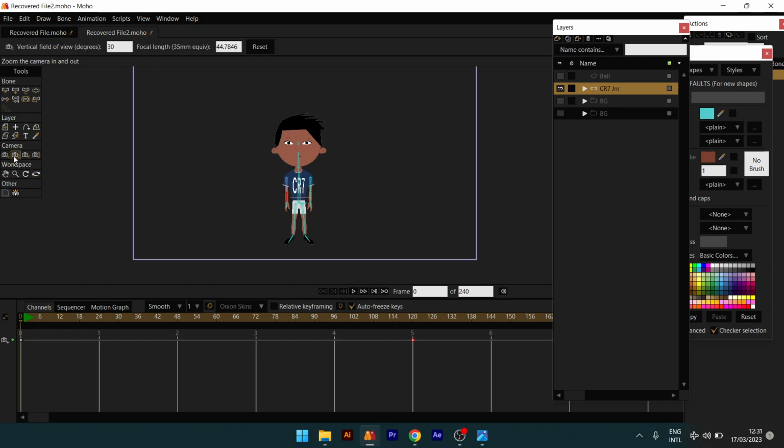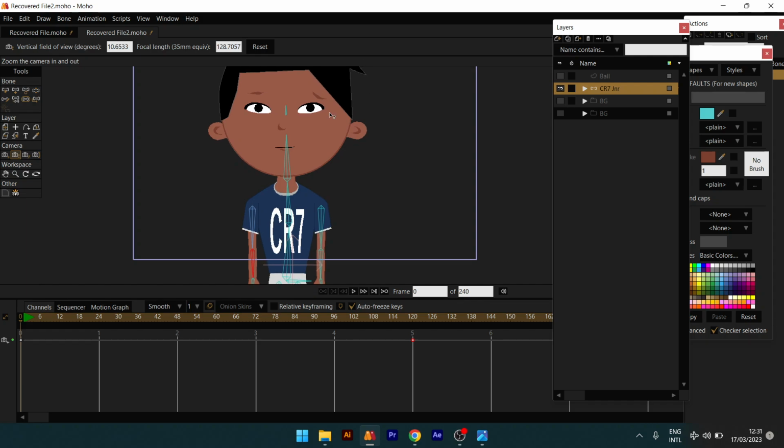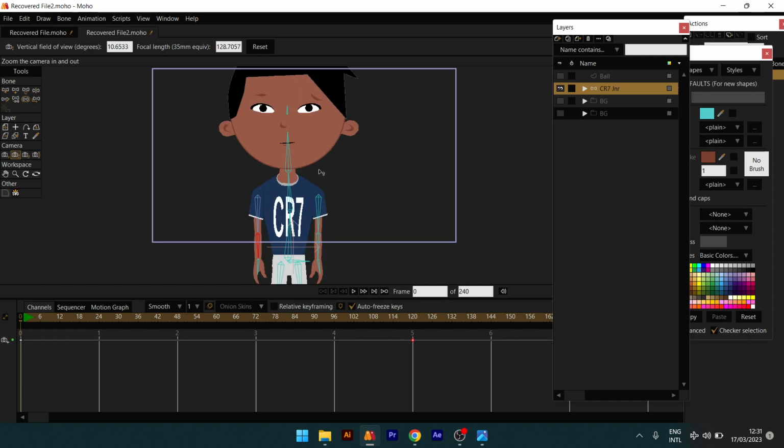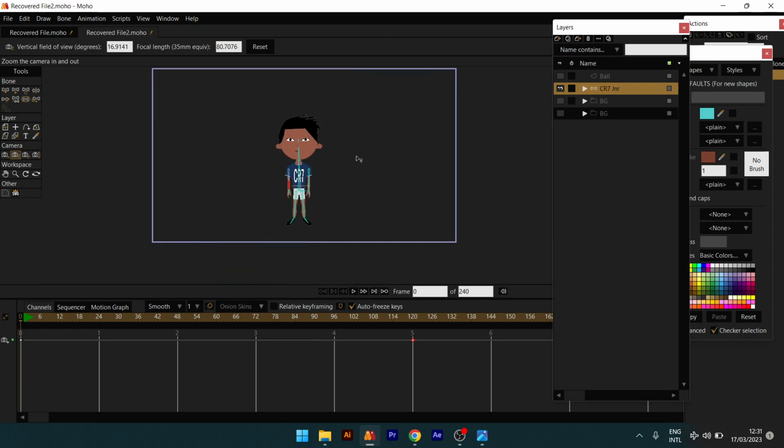Now the next one is to zoom the camera. So if I click this, it looks as though the camera is moving close like the previous example. However, we are just zooming in on the camera. This is a zoom tool and not the track tool. We're going to get into some examples later so we can understand the difference between both. Next one is to roll the camera, to rotate the camera around. All right,